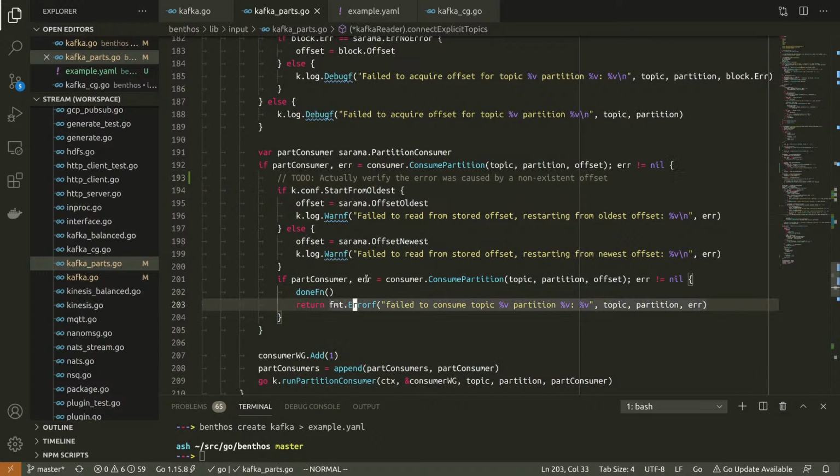Yep. And then if we fail again, then we just say, oh, this is definitely a real problem. I mean, this is probably fine because the chance of this first request failing and the second one succeeding, if this is a proper connectivity issue, is probably not high. I feel like this is one of those things where it's behavior that's not necessarily terrible because it will at least kind of recover. It's just not ideal.